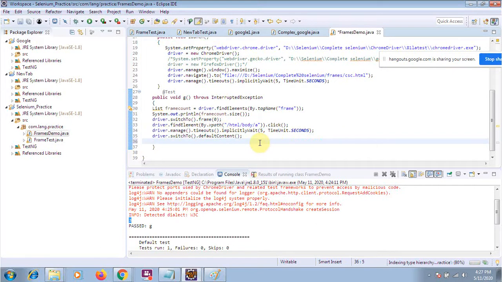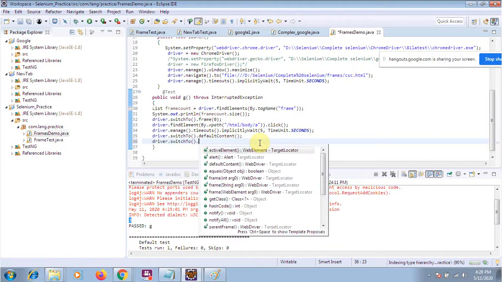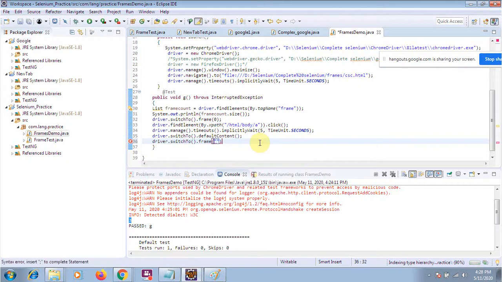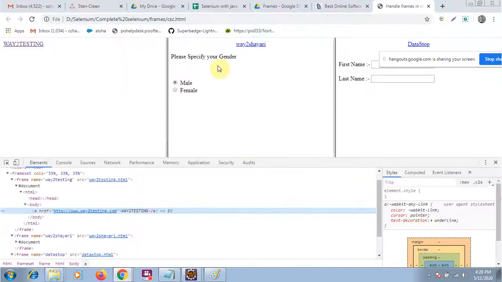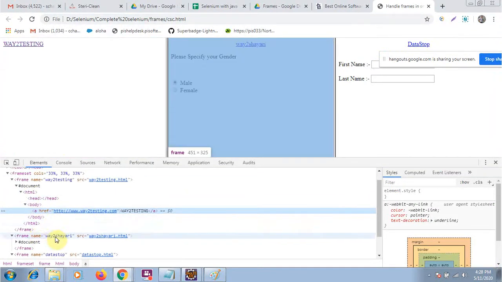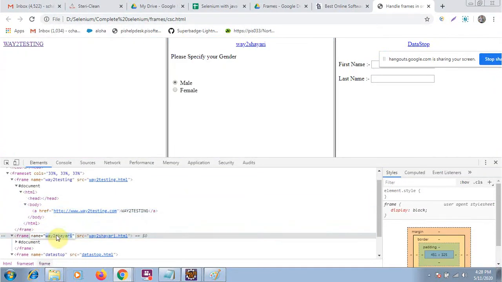Now again suppose I want to move to the second frame. Driver.find_element, oh sorry, not this one. Driver.switchTo we will use. We will say driver.switchTo.frame. This time I will use the frame name, so that I can move easily. This is the name of my second frame.